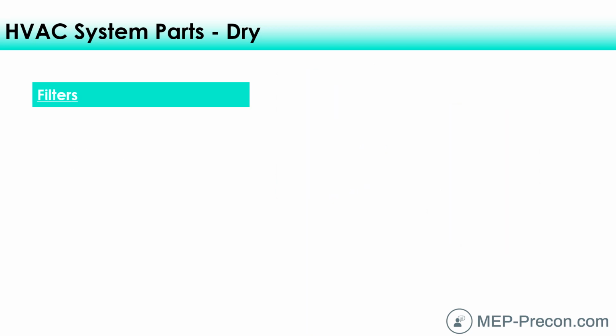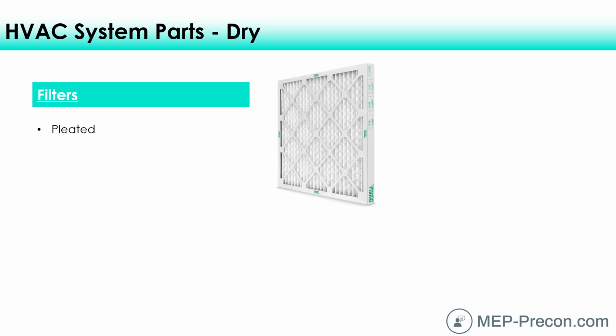Okay, let's talk about filters now. Different kinds of filters. The most common kind are pleated filters. This is kind of what you probably have in your house if you have a furnace or an air conditioner. It's pleated to provide more surface area, and in doing so, it can hold a little bit more dirt that way,